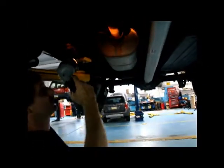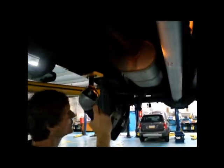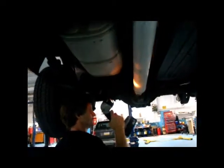Come back through and you're looking at your exhaust. Make sure there's no holes in it. Make sure everything's tight and your brackets are all back up in their position where they're supposed to be, so there's no rattles. Okay. Coming back to the back end, and you've got your suspension back here also, your leaf